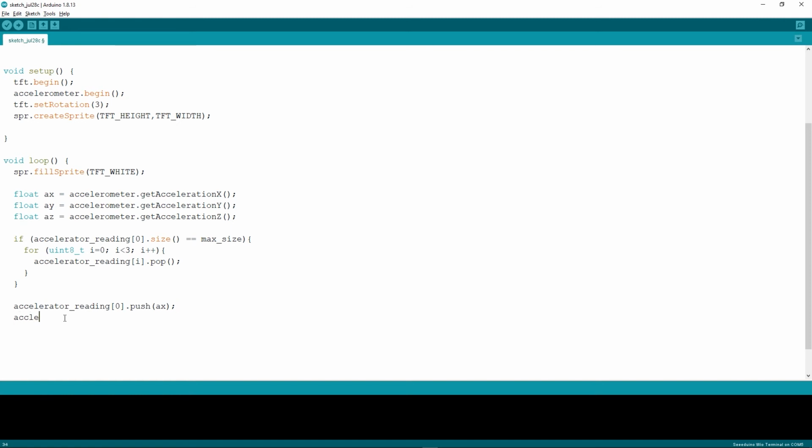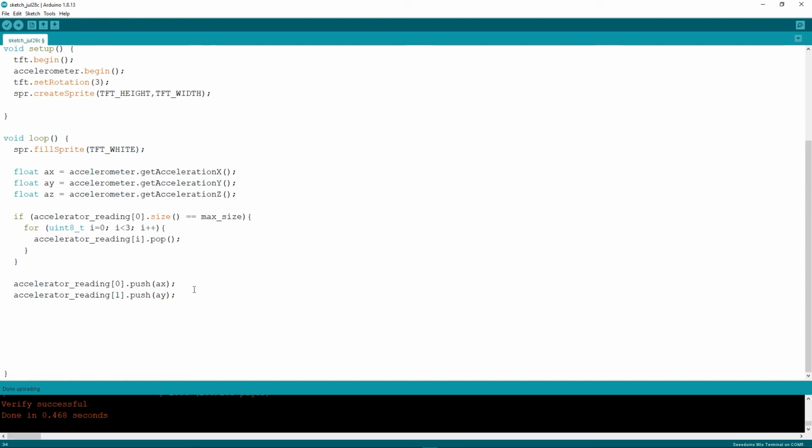So next, for accelerator reading 1 dot push ay, that's for the y direction acceleration, and finally accelerator reading 2 push az for the z direction acceleration.